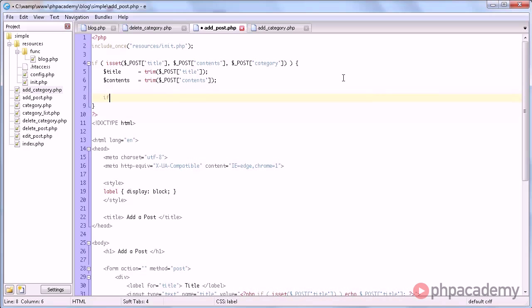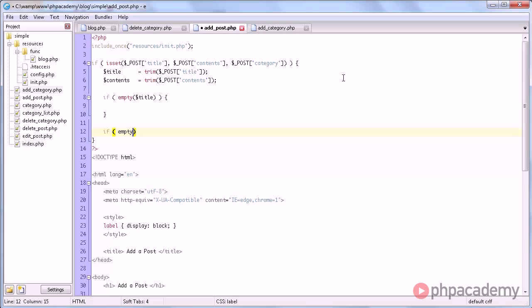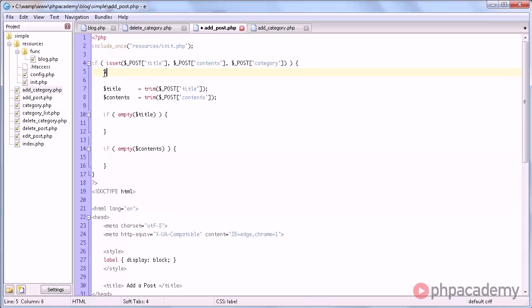Now we need to check if these actually have a value. So if empty title and if empty contents. And of course, going to define an errors array.